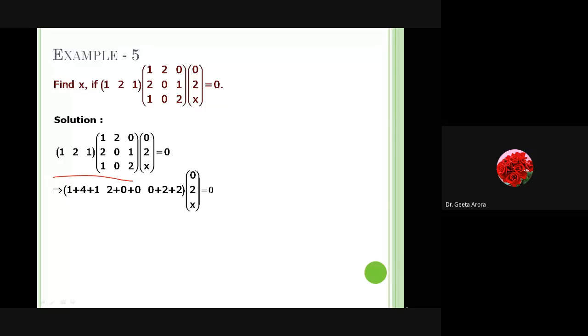Now here, in order to be sure that they are comfortable and what should be the final order of the matrix, we have to write it down. So let me write down how many rows and columns are here. Here we have 1 row and 3 columns. Here in the second one, we can see we have 3 rows, 3 columns, and the third one is having 3 rows and 1 column.